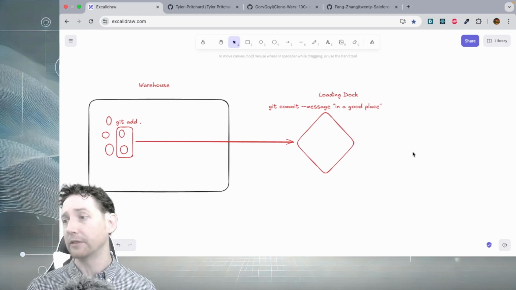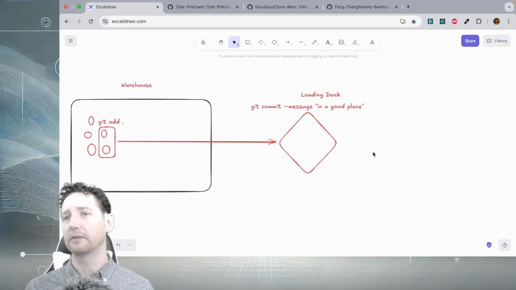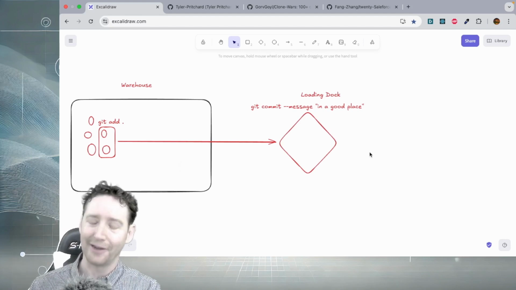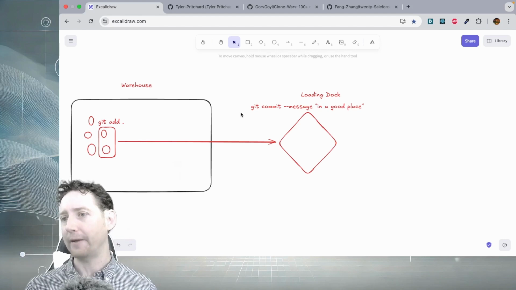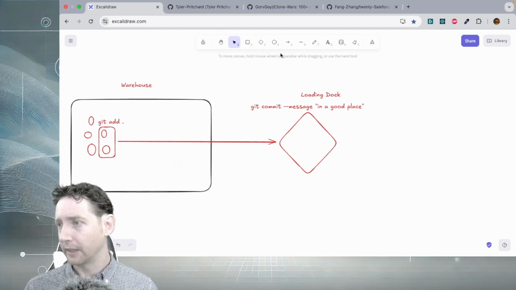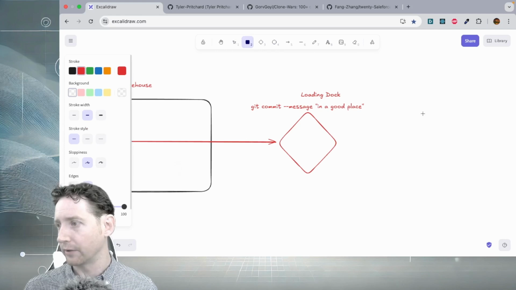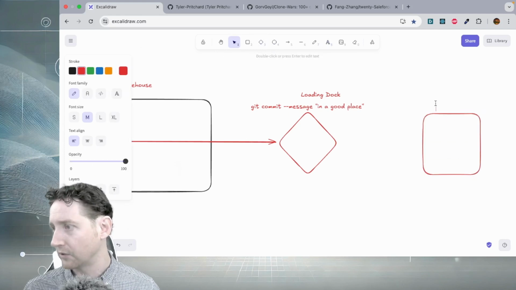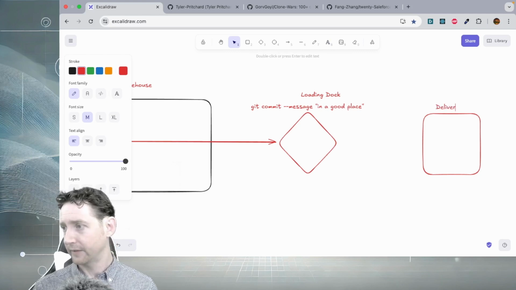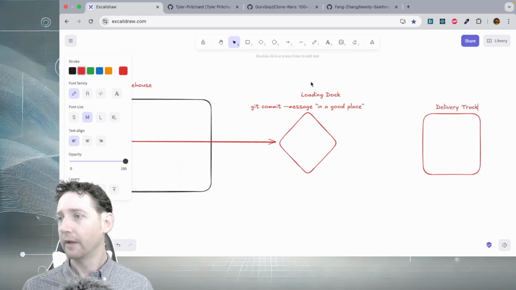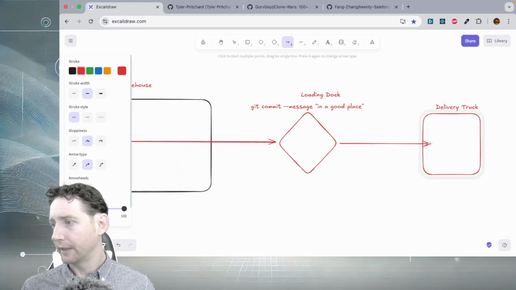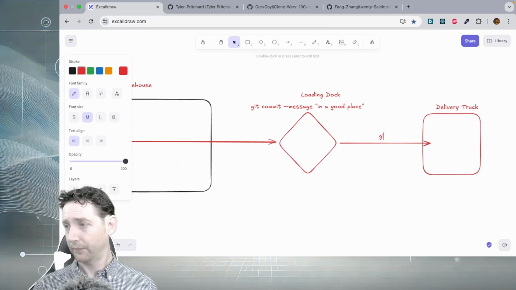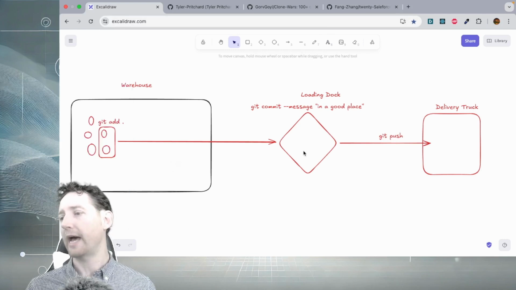But the next thing we want to do is we want to be able to not just save it on our machine with a git commit, we want to be able to save it up in GitHub. And so in order to do that, we will run a git push. And we could think of this as sort of like the delivery truck that then drives off into the night. So we have our delivery truck, and then we're going to run our git push. And then once we do that, we could push it up to the cloud.